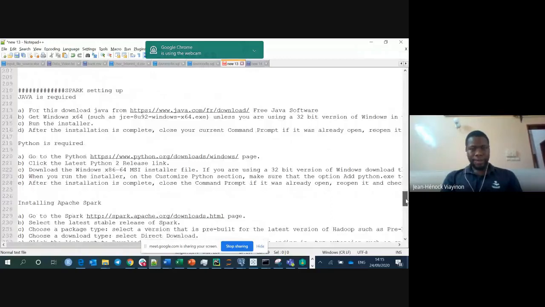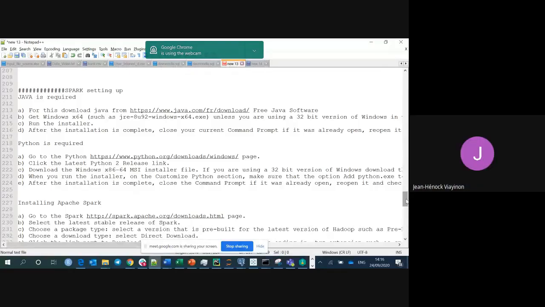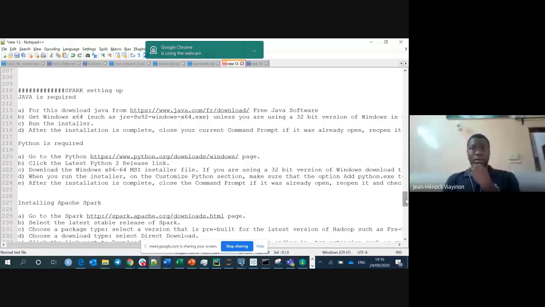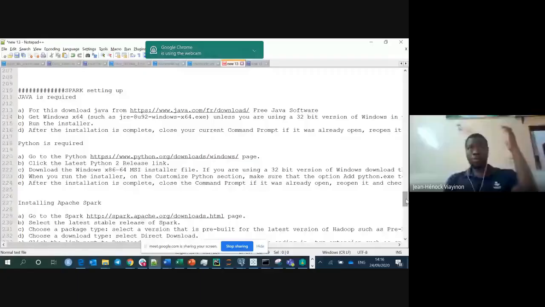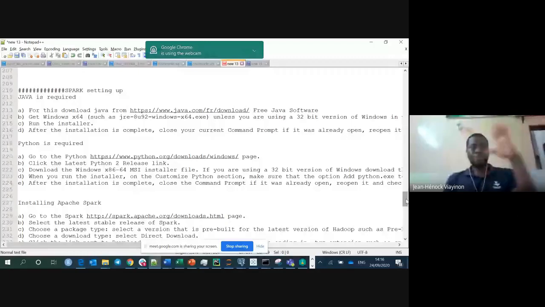PySpark comes from Python and Spark, and as we already told you this morning, Spark is a computing framework, especially for big data. Why? Because big data is a big amount of data, as the name indicates. There are a lot of tables and a lot of rows in the data, and Spark provides the parallel computation framework. That's why it makes it easier to deal with very big amounts of data, because we can split the data and parallelize the process,